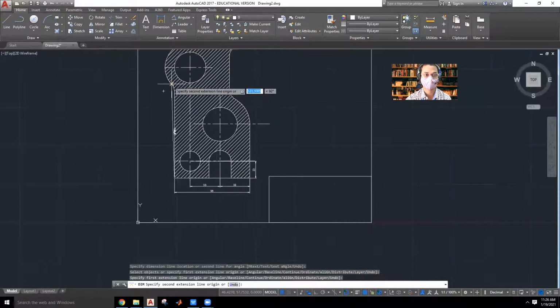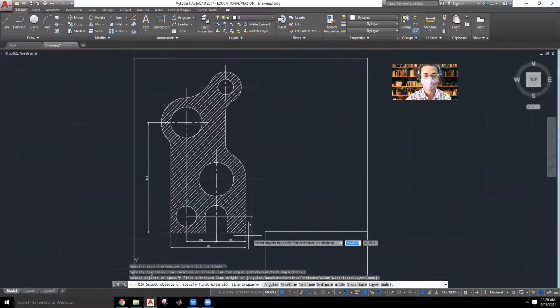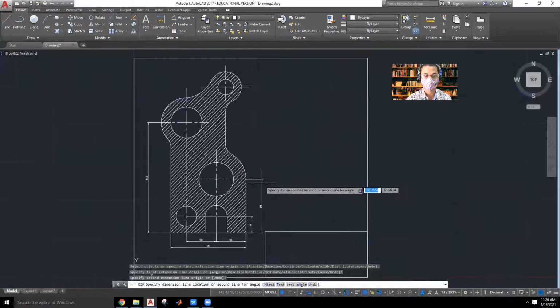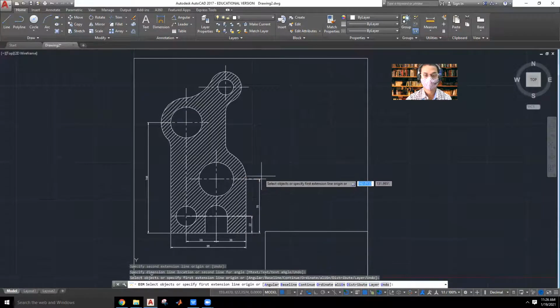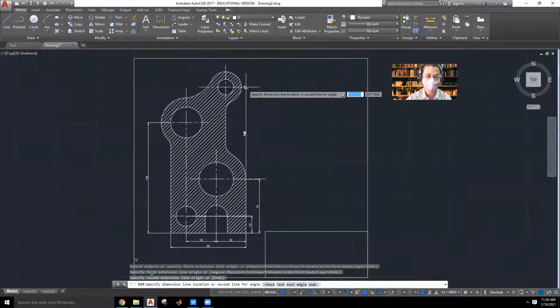Next you can specify this height. From here to here it is 144, and from here to here it is exactly 70. Again from here to here, you can extend this as 120.